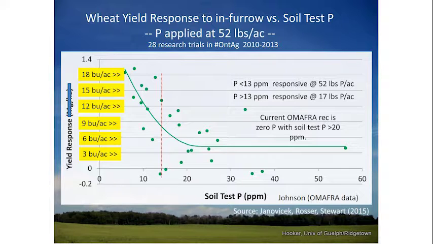Soil test levels get below 10 parts per million. Then we have yield responses, according to this data set, of 15, 18 bushel per acre, which is huge. That would easily pay for the MAP fertilizer that was invested here. And believe it or not,